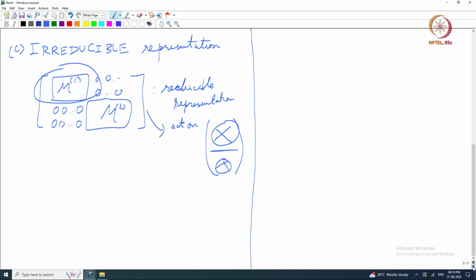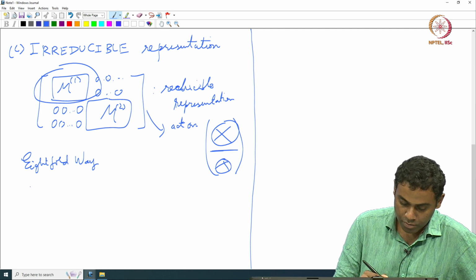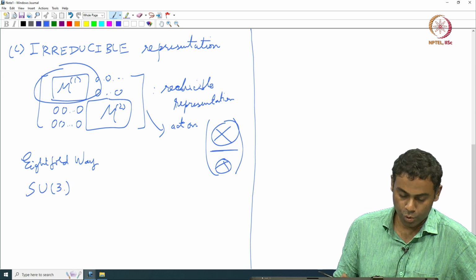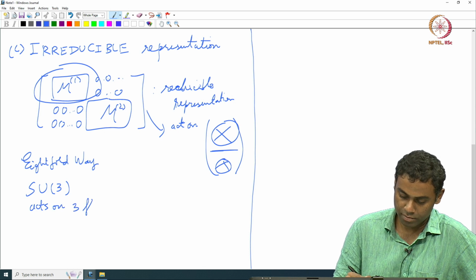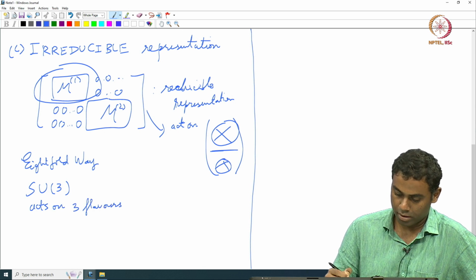Okay. One other place we have actually already seen this is in the eightfold way. Remember from the first lecture we drew meson octets and baryon octets and so on, right. So those constituted the eightfold way of Murray Gell-Mann, Griffiths chapters 1 and 2, right. So the eightfold way basically comes from the SU3 group that acts on the 3 light flavors of quarks,